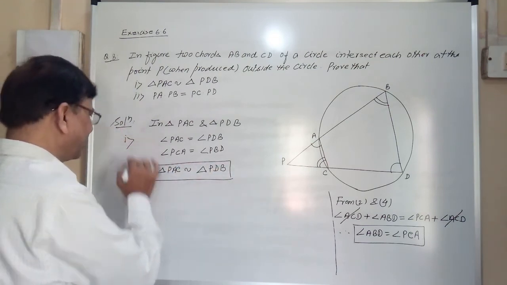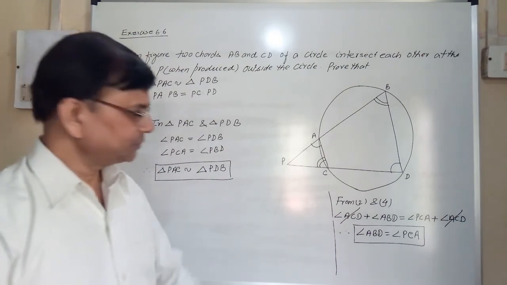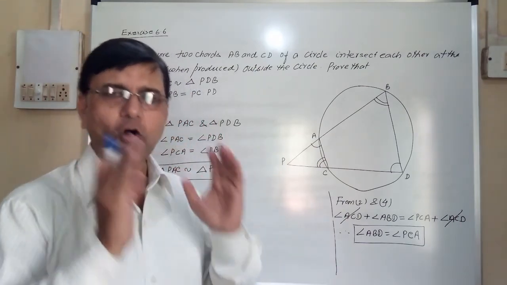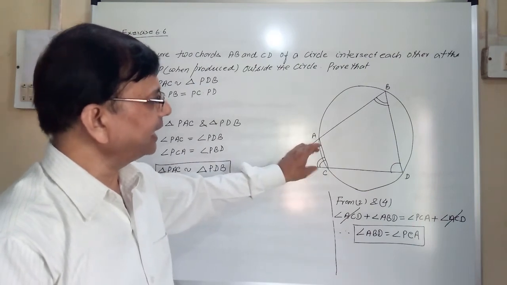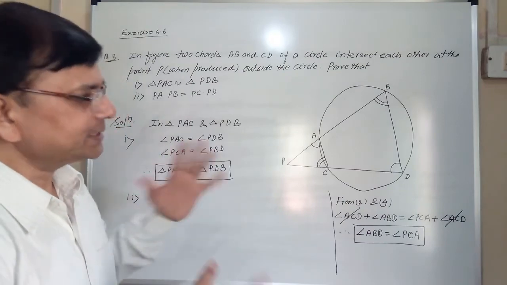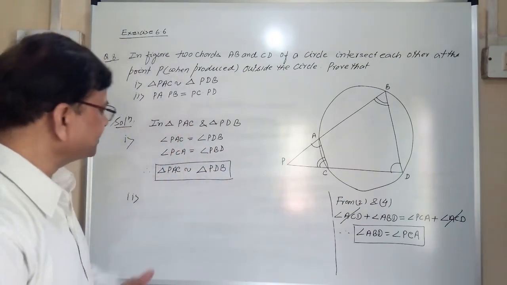First part is over. We will go for the second part now. How did we get the relations? Taking all the conditions, we found that two angles of the small triangle and the big triangle are equal correspondingly, using certain properties of quadrilateral, circle and all. So this relation is proved.